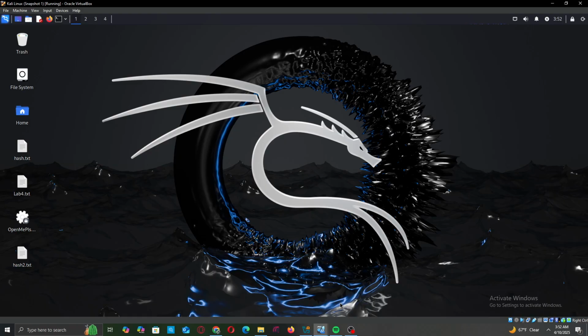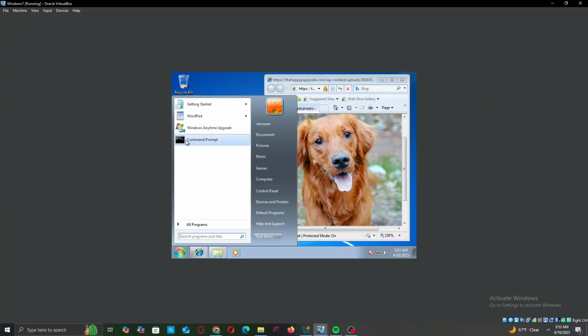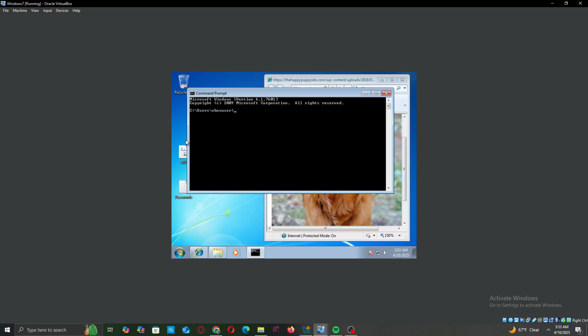In this tutorial, I'll be covering an exploit using Metasploit that I found very interesting. Okay, so two things that we need for this exploit are a Kali virtual machine and a Windows 7 virtual machine. Okay, so the first thing we want to do is open command prompt on our Windows 7 machine